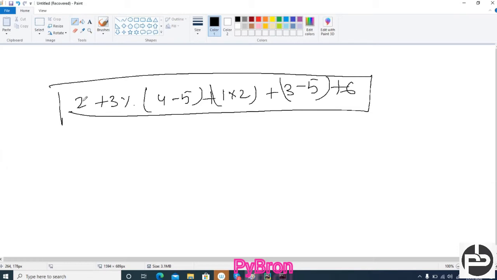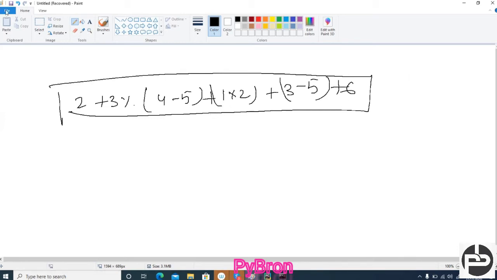In class 5, what we used to do was solve the bracket first, then of, then division, multiplication, then addition, then subtraction. That is the BODMAS rule. But in programming, something is different.